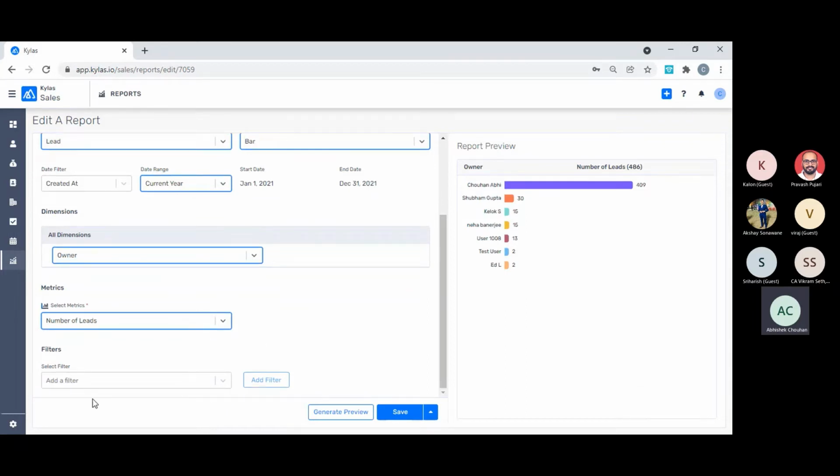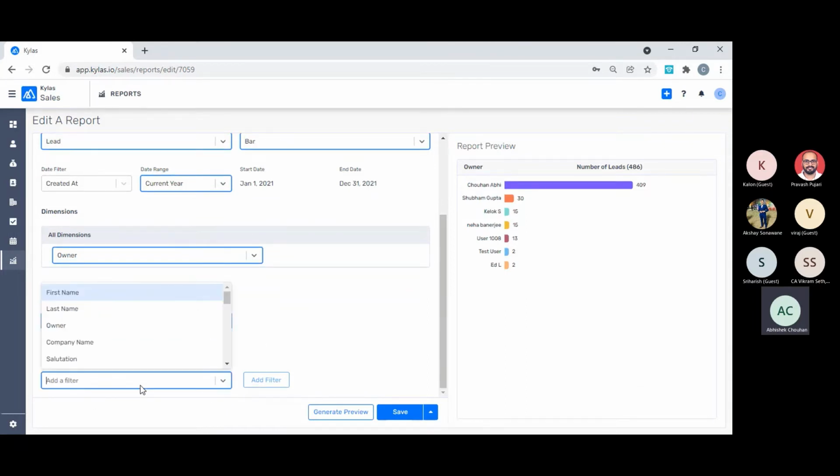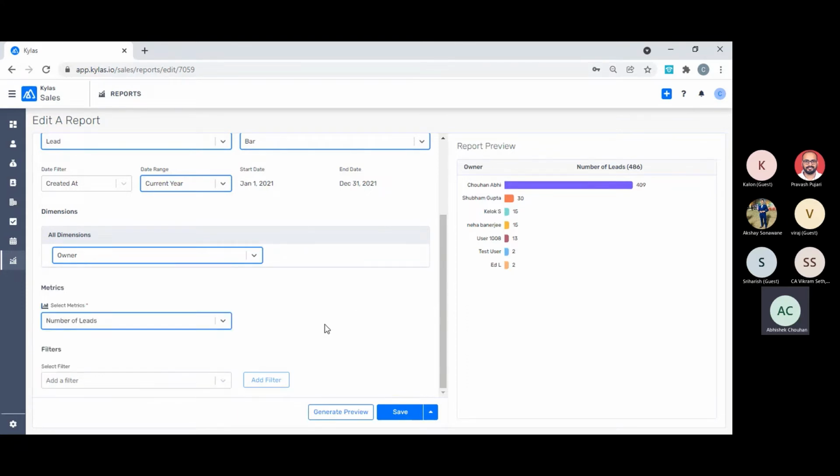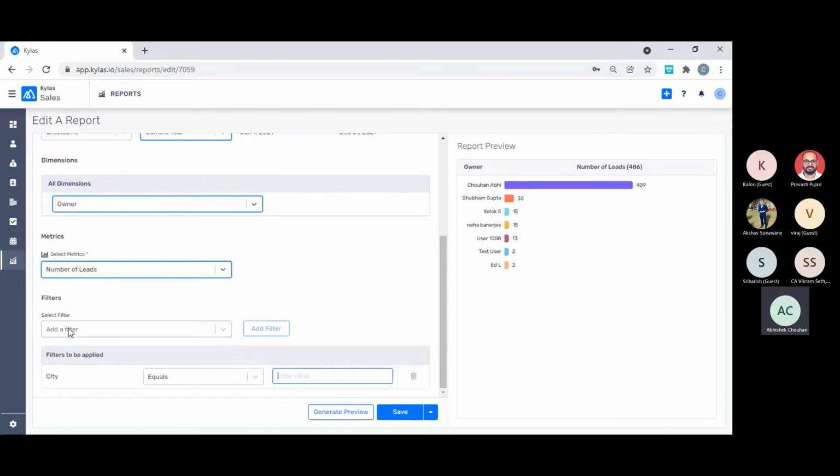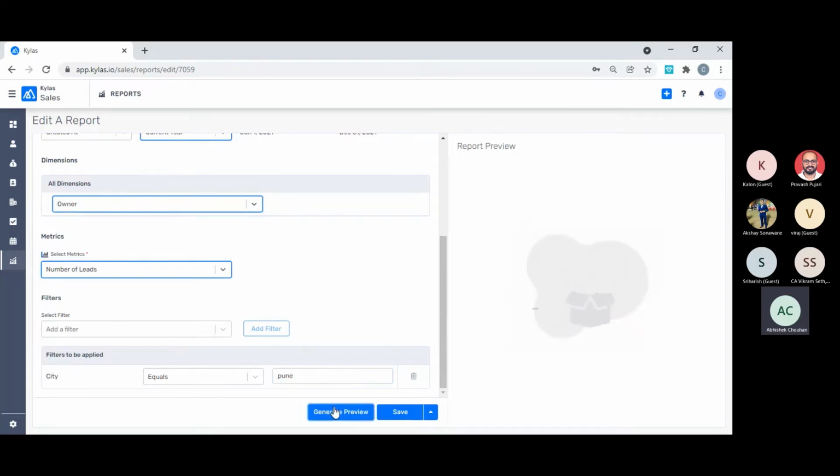Now suppose I want to fine tune the data. I want to see how many leads are assigned to each person which are coming from a particular city. So I will add a filter of city equals, for example, Pune. I'm not sure whether there is data for Pune city available or not. There is.